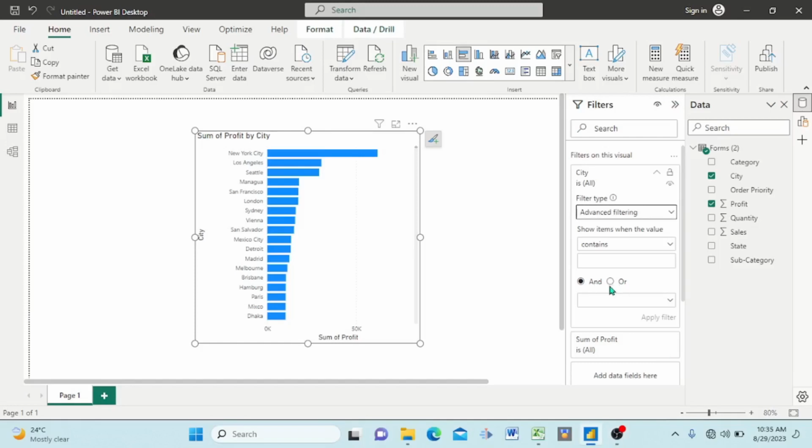This "and" or "or" are very, very important. These are conditions that you have to set in order to filter. Right now we are under our city. If I come here after choosing this advanced filter and I choose the drop-down and select here, you